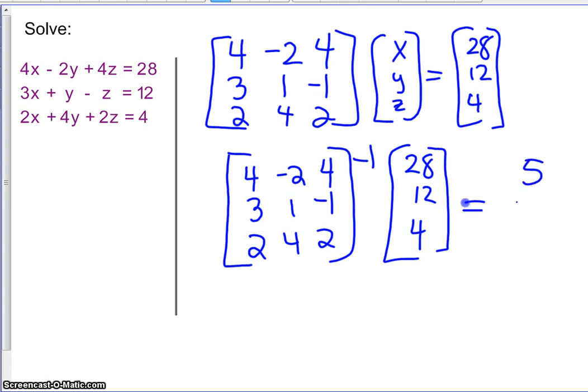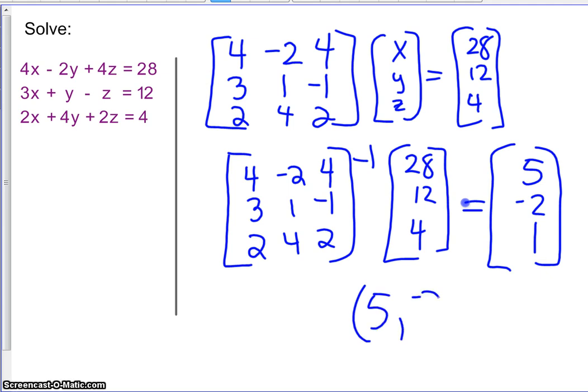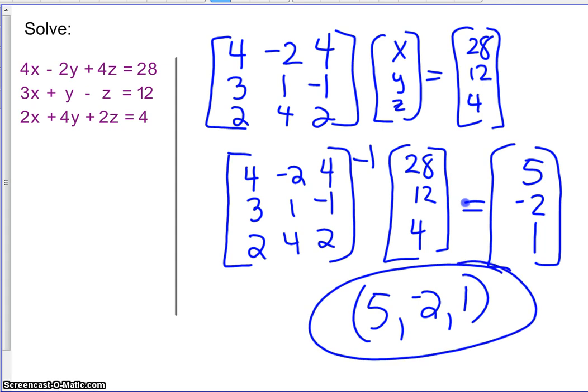So we can write it like this. I'd be okay with that for an answer. If you remember before, we wrote the answers like this. I don't care which direction you write it. You need to know either vertically, I need to know that it's an X, Y, Z, or this way it would just be assumed that you have X, Y, Z. I'm going to go through